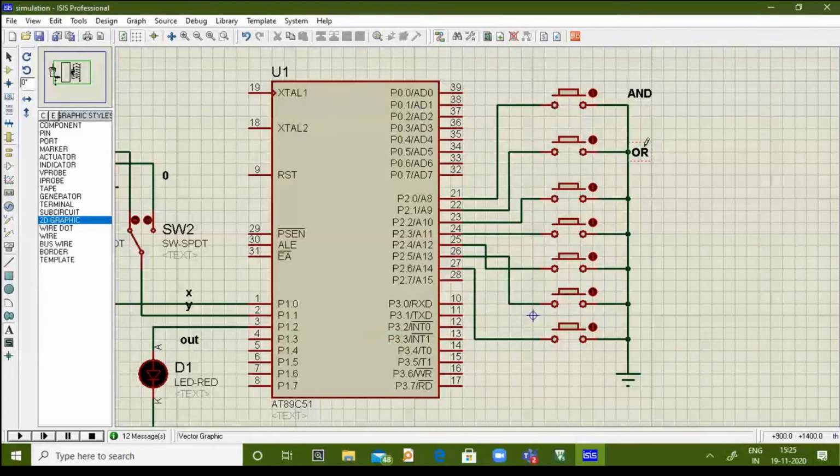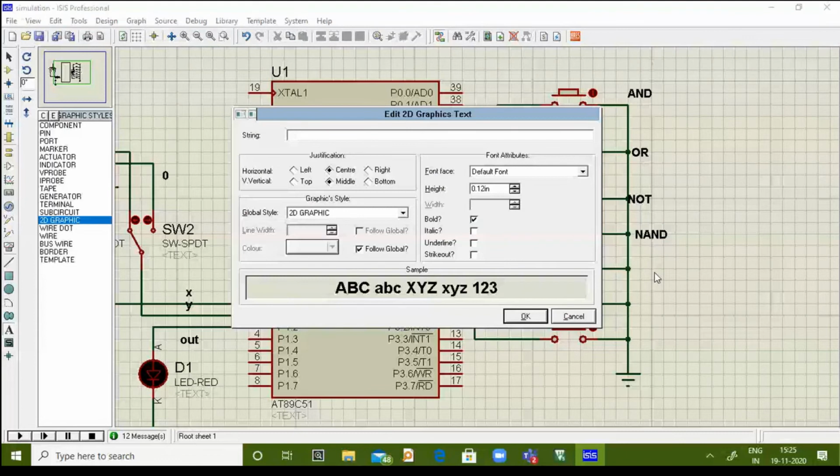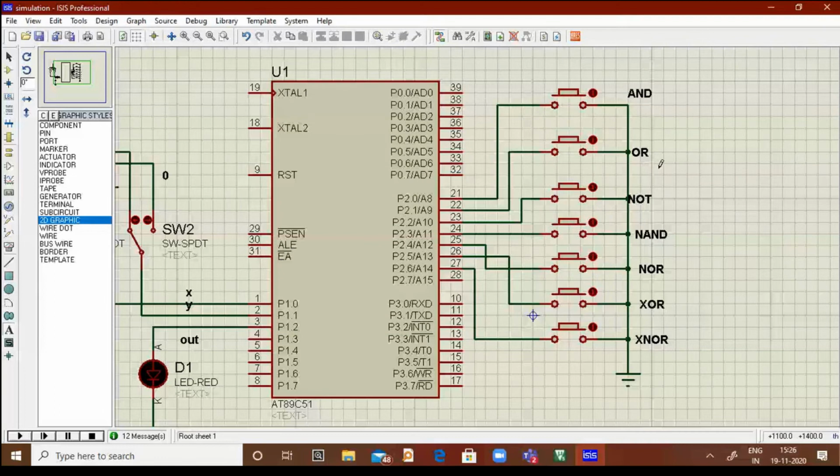This is my NOT logic. This is my NAND logic. This is my NOR logic. This is XOR and XNOR. Okay, so I have these buttons as well, and I have connected them to P2.0 to P2.6.